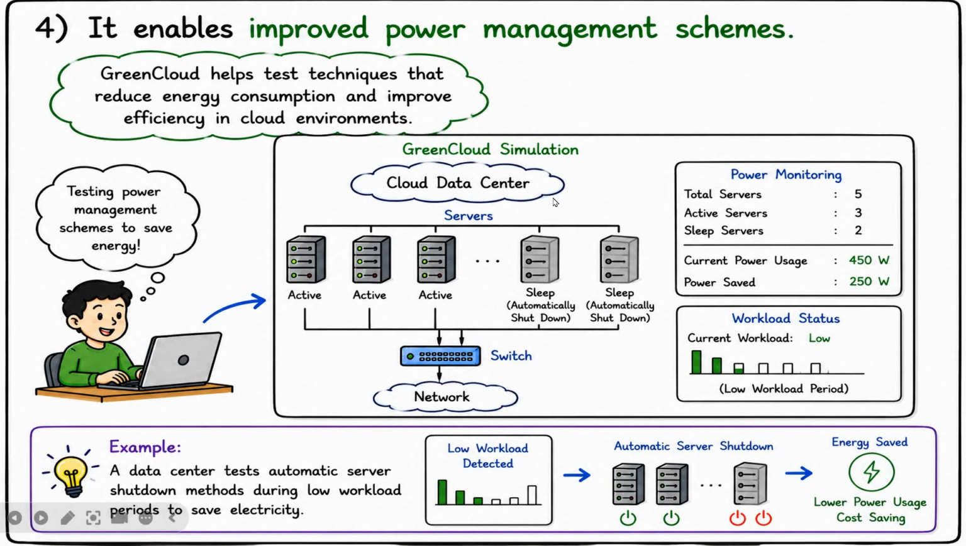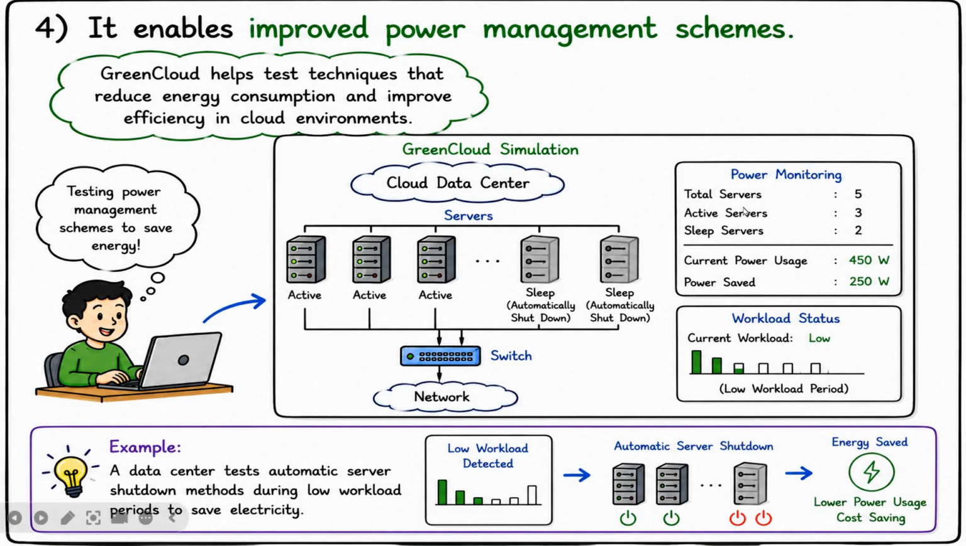Now the cloud data center contains multiple servers connected through the network switch, and during high workload conditions all the servers remain active because more computing power is required to handle user requests and applications. When the workload becomes low, GreenCloud automatically identifies some servers which are underutilized, and the simulator then applies automatic server shutdown techniques where unnecessary servers are moved into sleep mode or turned off temporarily, which helps reduce electricity consumption and improve the overall energy